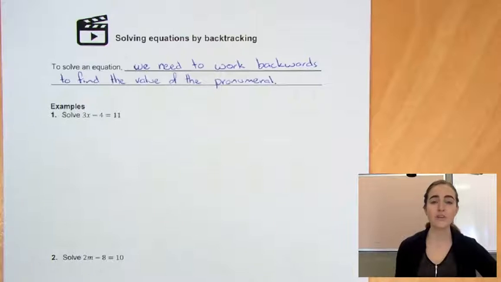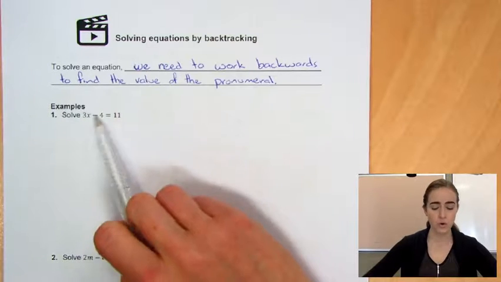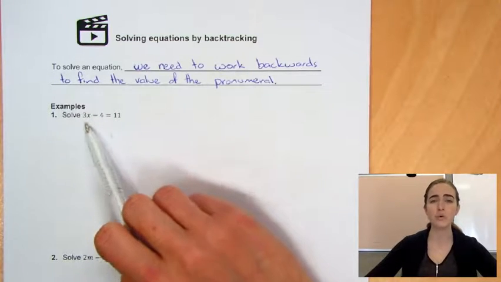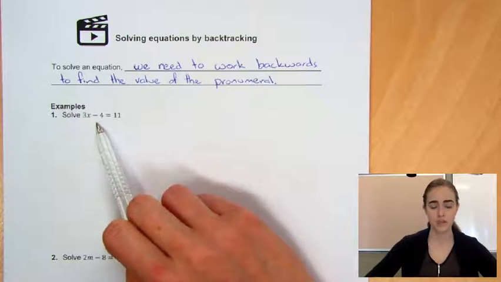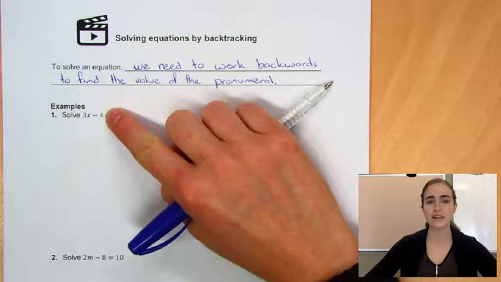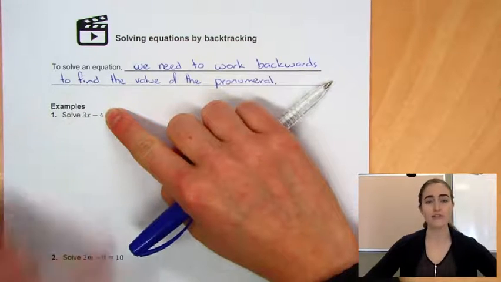In this video, I want to look at solving equations using a method called backtracking. So to solve an equation, we need to work backwards to find the value of the pronumeral. To do that, we need to think about what this expression means and the order that we would do things in there. So if we ignore this minus 11 for a second, if we had the expression 3x minus 4,